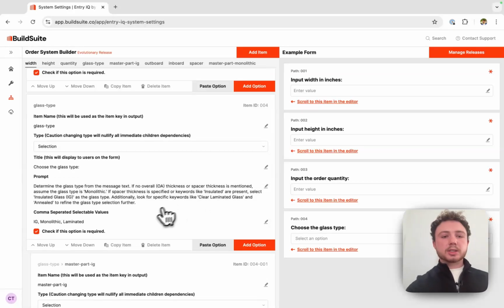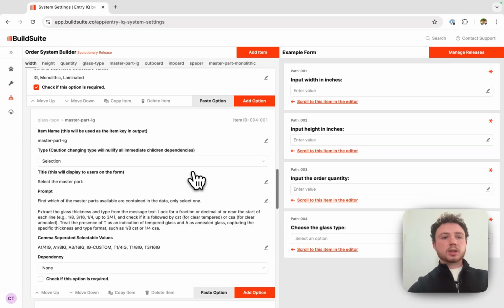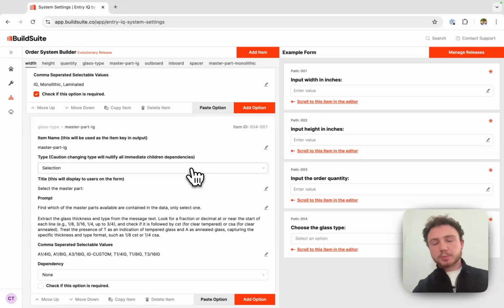Once you select one of these glass types, there's the sub-selections. So if IG is selected, then we go to master part IG. And then we keep going down from there. And so when we automatically process, we follow the tree, and at these nodes where there's different options, we make the selection, and we go to the next appropriate node until we hit the bottom of the tree and we